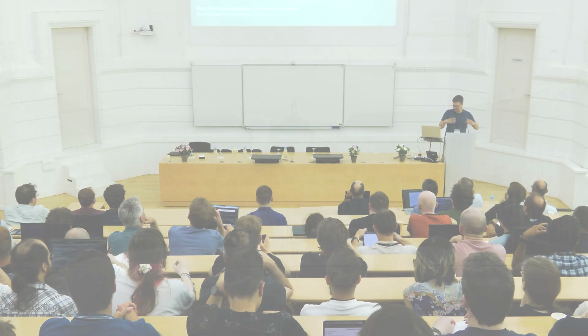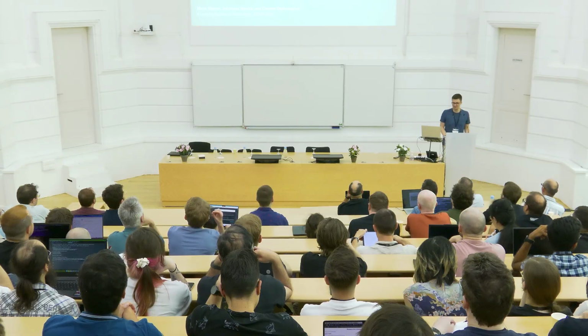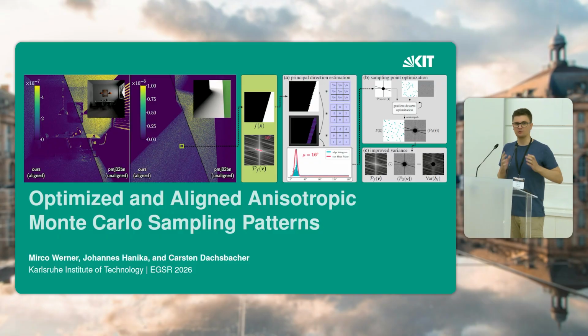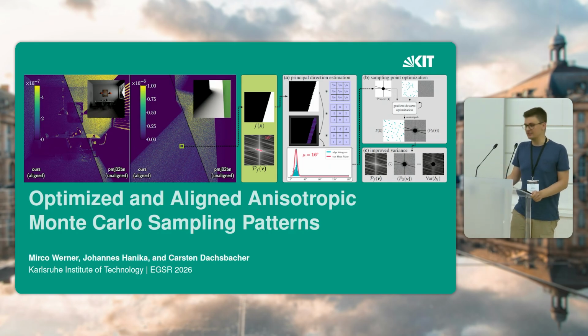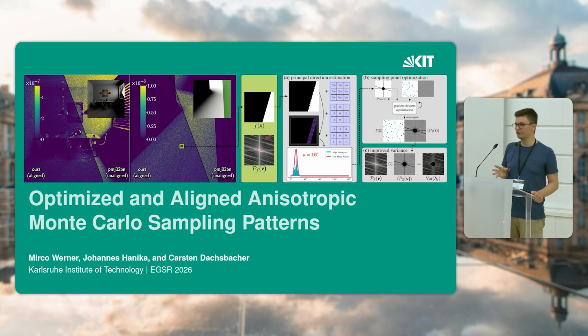So I think I will start with giving you a rough idea what this talk will be about. What we want to achieve here is to optimize the random numbers that we use for Monte Carlo integration in order to improve the convergence rate of our Monte Carlo estimator. Specifically, we target discontinuous integrands as they typically suffer from poorer convergence rates. One thing I want to mention right in the beginning is that we only focus here on two-dimensional integrands,